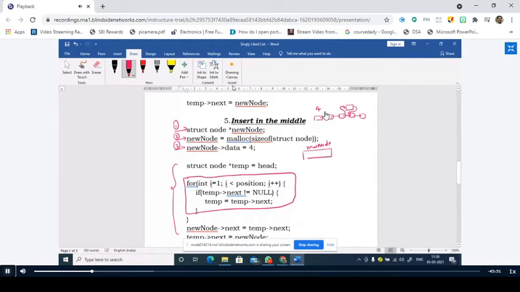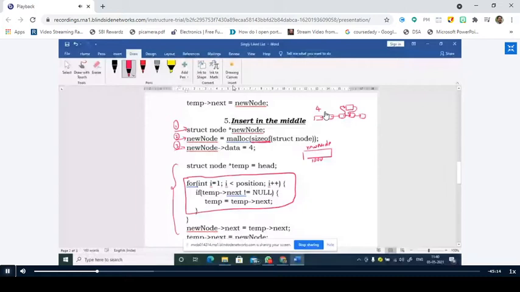Assume that the base address is some 1000. As I told, the linked list makes use of dynamic memory allocation, and hence you have to use dynamic memory management functions such as malloc, calloc, etc. The malloc function allocates memory dynamically, and how much memory is allocated should be specified by the sizeof operator. Remember that sizeof is not a function, it is an operator in the C programming language. But the syntax looks as if it is a function.